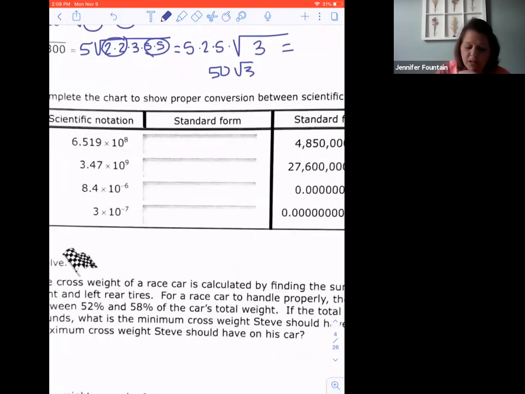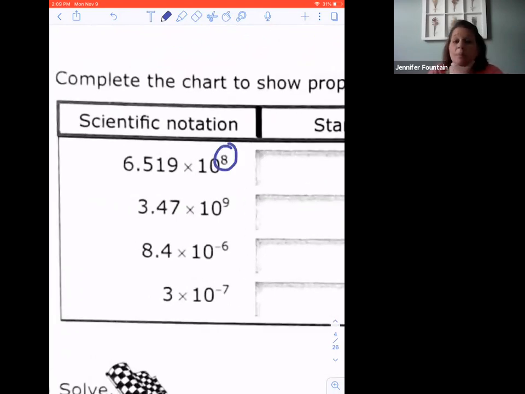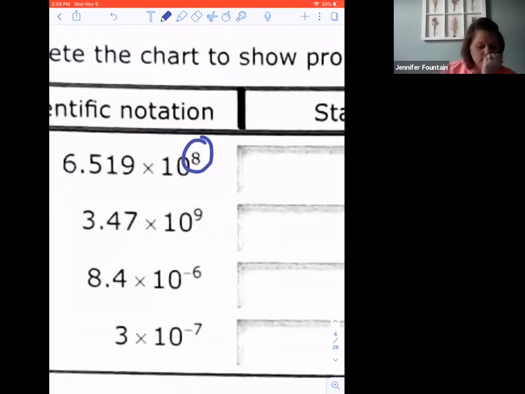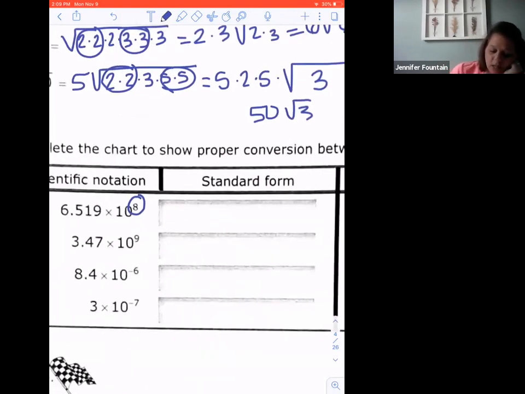Remember that when I have a positive exponent, I know I'm going to end up with a big number. That exponent tells me how many times I'm moving my decimal to the right. Since I'm making a big number, it's going to move to the right. So I'm going to go ahead and write my number kind of small at the top of my box up here,